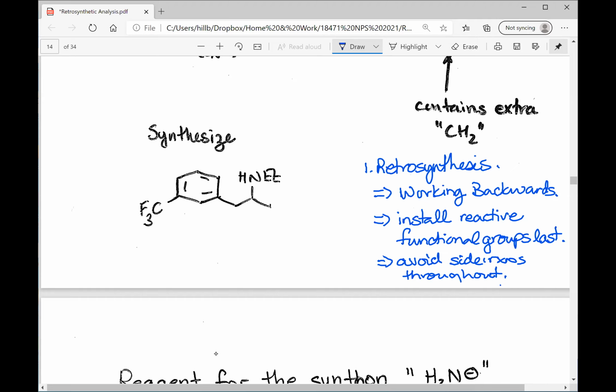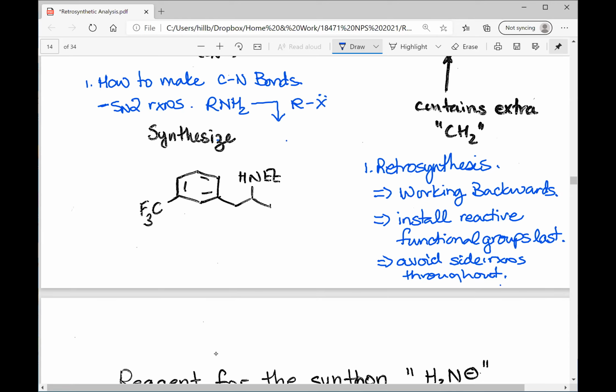So one of the things that we did at the end of last class was how to make carbon nitrogen bonds. In organic 1 and 2, one of the things that we did was basically SN2 reactions. And so you would have some amine and you would react it with some alkyl halide of some type, and hopefully you would make your,